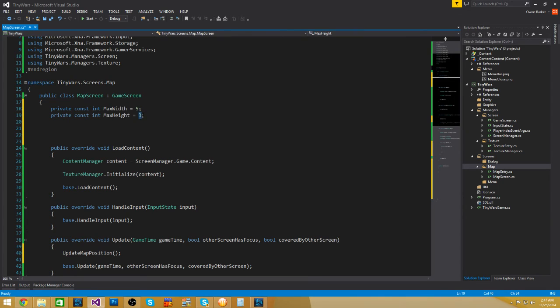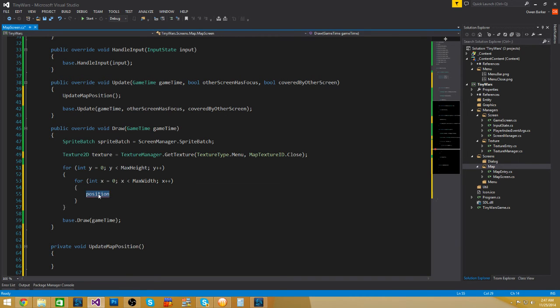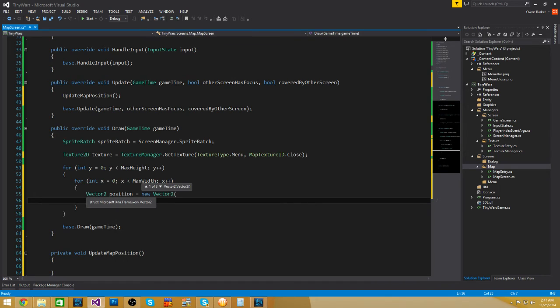So basically the height is going to be 2 and the width is going to be 4. I'll explain that later on. Alright, so we're going to create a position here. Actually, I can get rid of this. I don't need it here. Let's go Vector2 position equals new. So this is X times